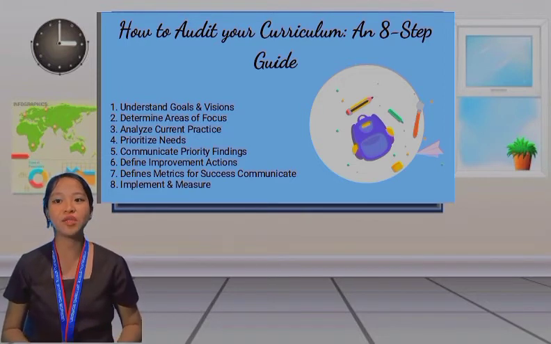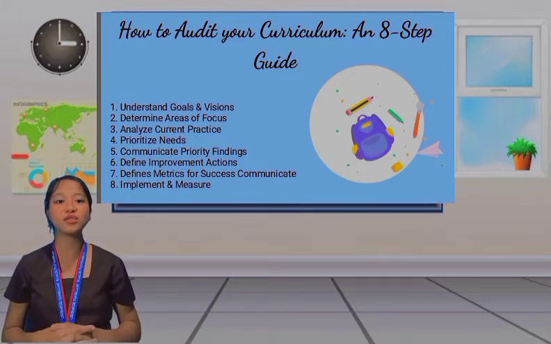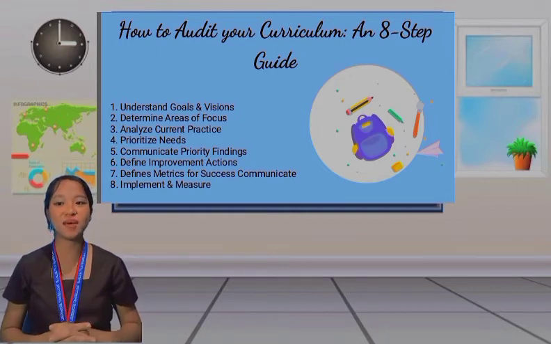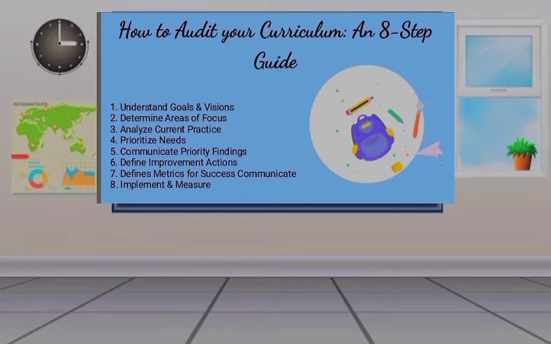In the second step, it is to determine the audit categories or the areas of focus that need to be included as part of the audit. Within this category, consider also the ways to effectively educate each student through your curriculum, your instruction, your assessment, and your social emotional learning. The next step is to analyze the current practices with the use of the current data, both quantitative and qualitative, to determine areas of relative strengths and weaknesses under the school's current practices.